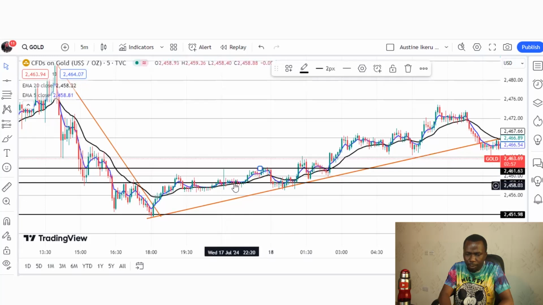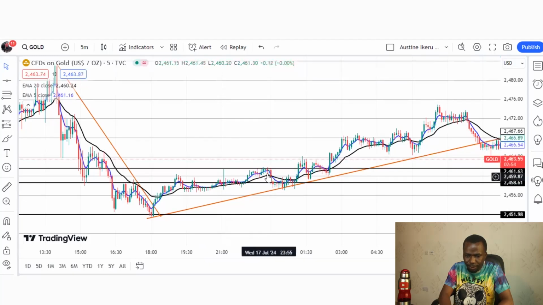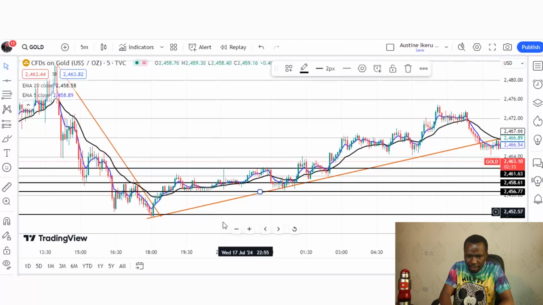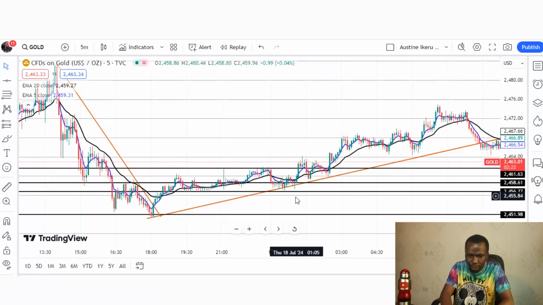So you can clearly see that the market went up all the way to this point, smashed our take profit, right? And then rallied down again to our entry, right? As the price came back again to our new support, because this is a new support level, we have confirmed that this is a new support level, right? This was the previous support, so this is a new support level, right? Now the price has rallied back very close to our support, because this is the level that the market was unable to break below.